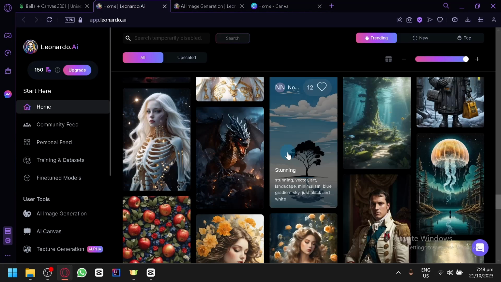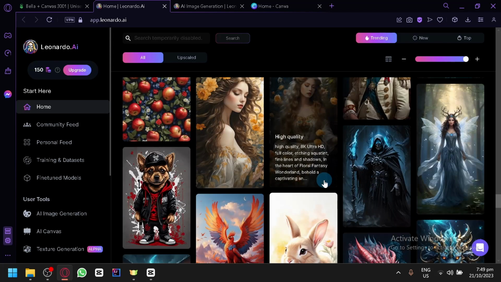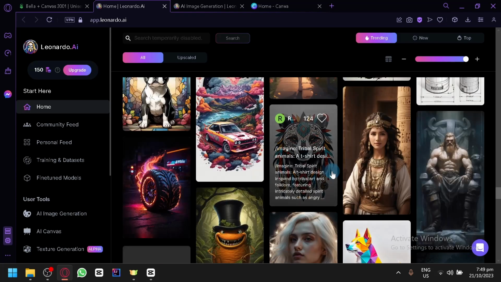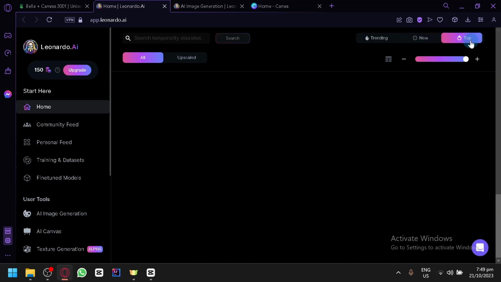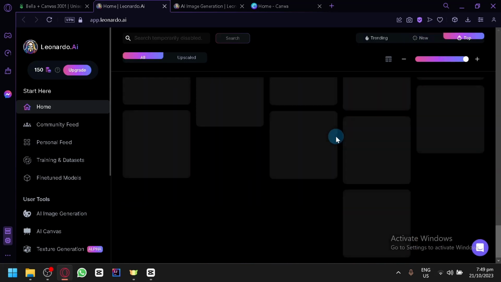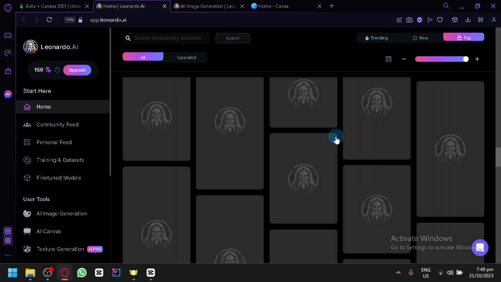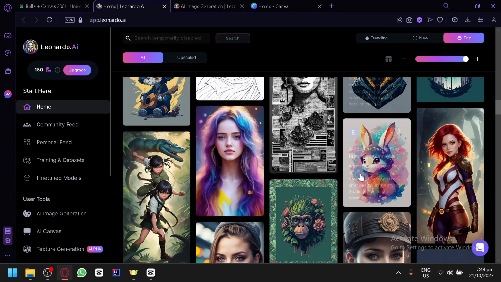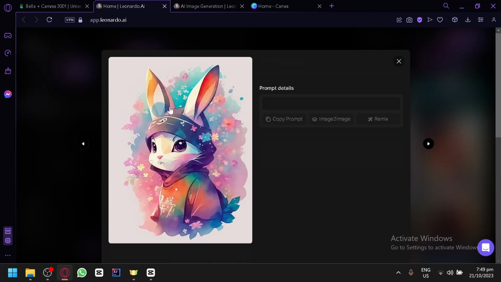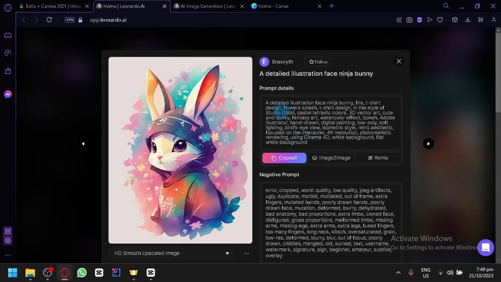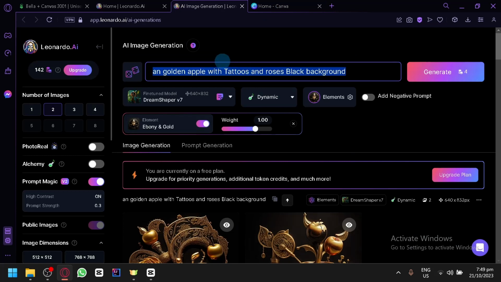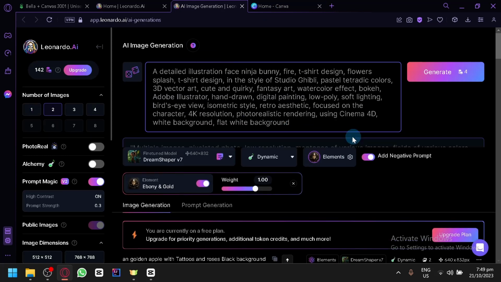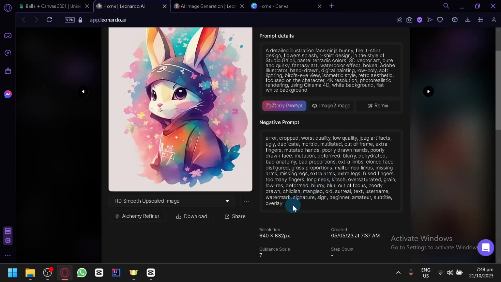So let's now try to generate one more output and see if we will be able to produce a good design. Let's go check out the top designs right now, the top and the best designs. For example, we have this one over here. Let's try having that one. So copy the prompt, go back here, paste the prompt over here. Let's enable our negative prompt, copy the negative prompt,